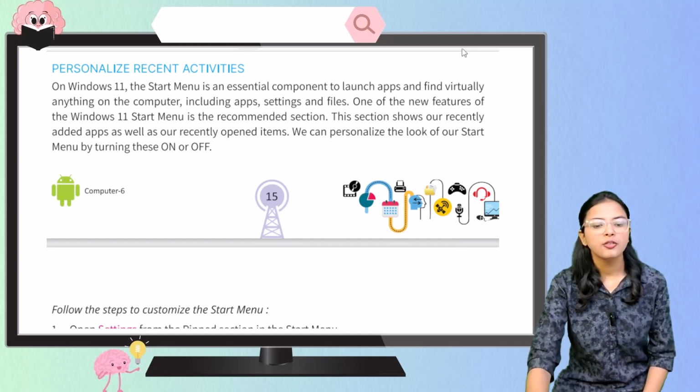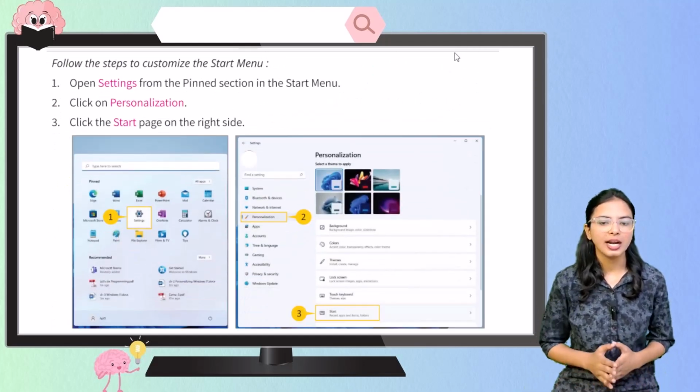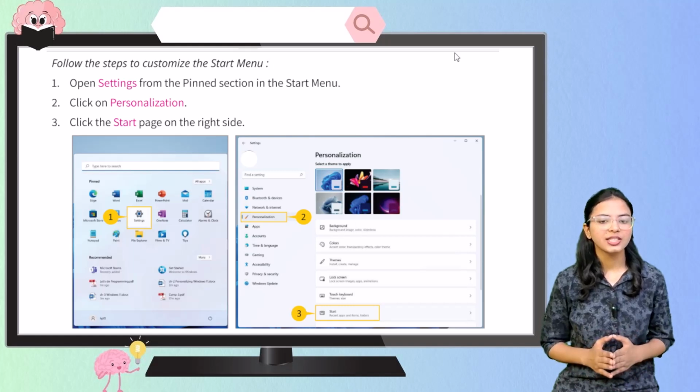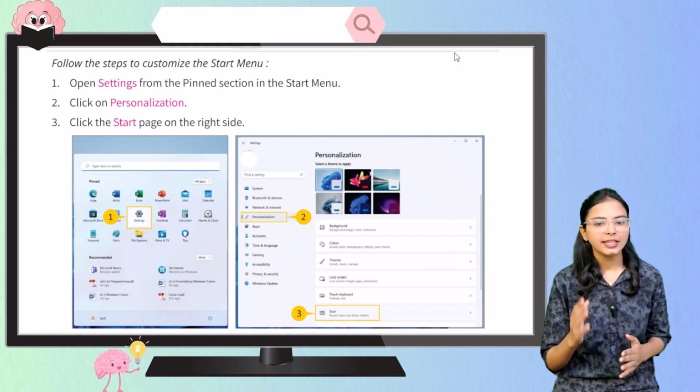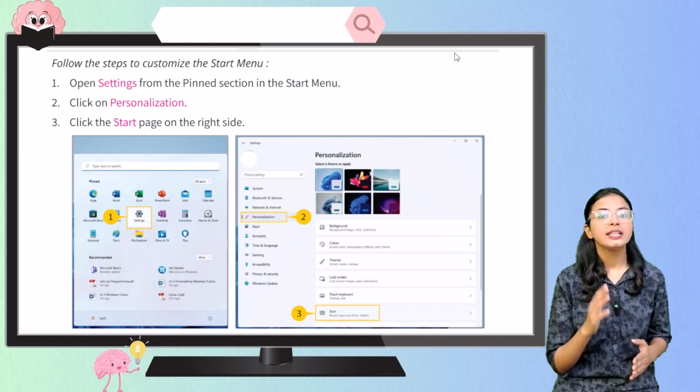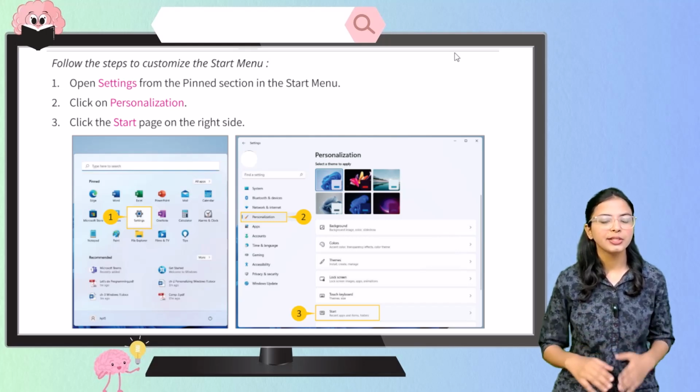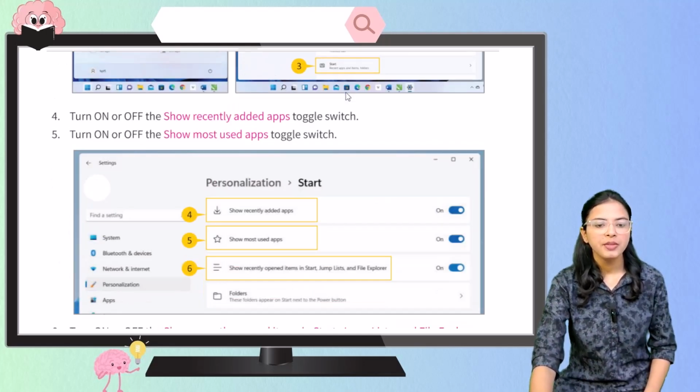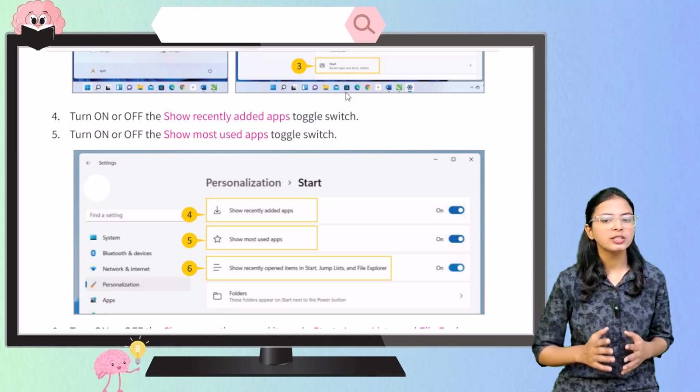Okay, students, now follow the steps to customize the start menu. So now let's follow the steps, students. So you have to open the settings from the pinned section in the start menu. Then click on personalization, click the start page on the right side. Okay, then turn on or off